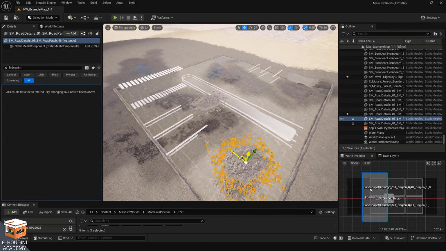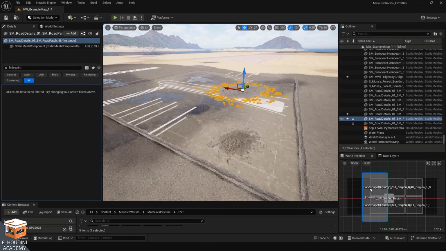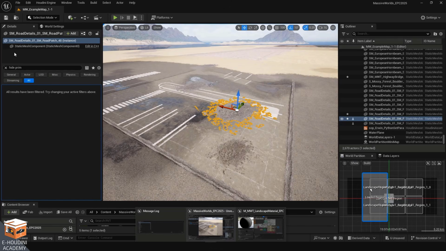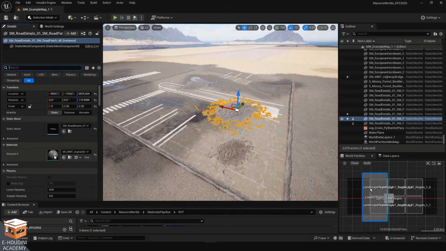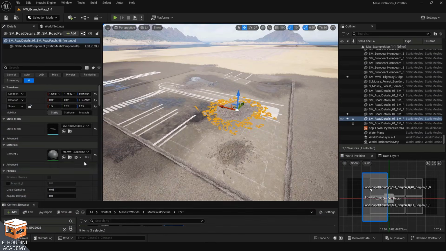So each of these is basically a mesh. It projects onto the Runtime Virtual Texture, and it comes with a couple of pieces of logic, meaning that if we have a closer look at its material,